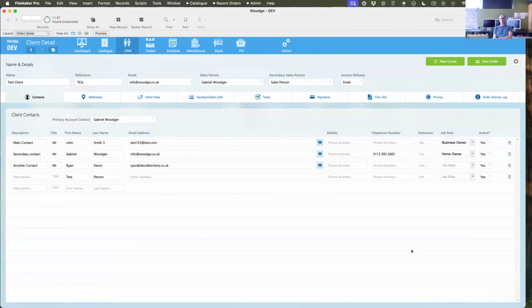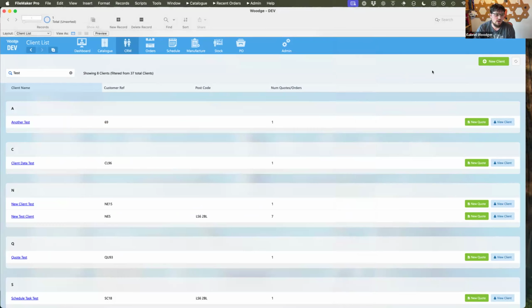So I think it's still a balance between which of those is right. I think there's a lot of talk at the moment about people saying, why don't you just replace the entire user interface of FileMaker with a web viewer? And I think while it's attractive in some ways, there's a lot of downside. There's a lot of stuff that you get from a FileMaker app that you don't have to necessarily think about.